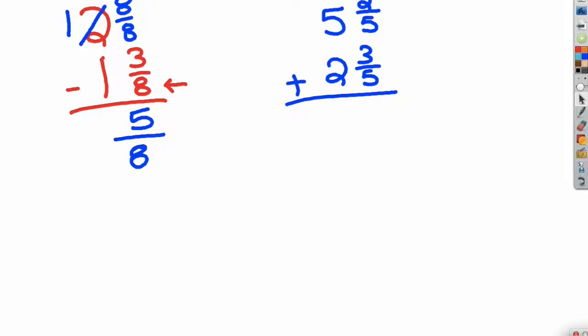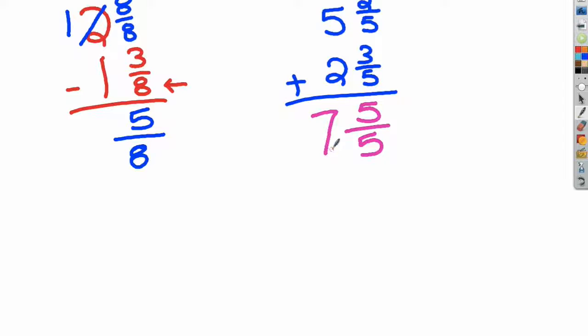Let's look back up here. As I was walking around, I saw a lot of correct answers, in fact, mostly correct answers. So let's take a look at it. 2 plus 3 is? Hold on. We're not there yet. 5, and then you bring down the denominator, which is 5. 5 plus 2 is